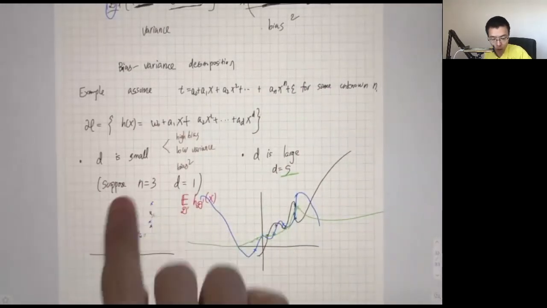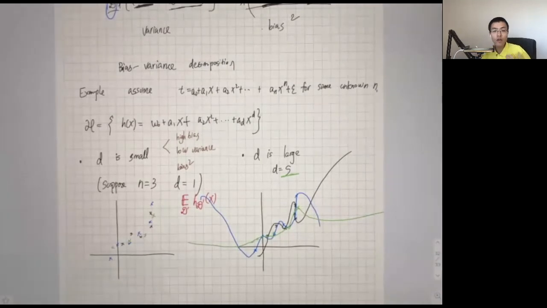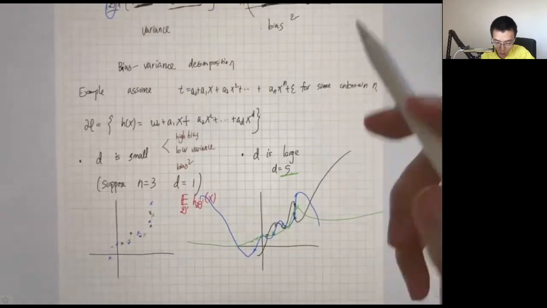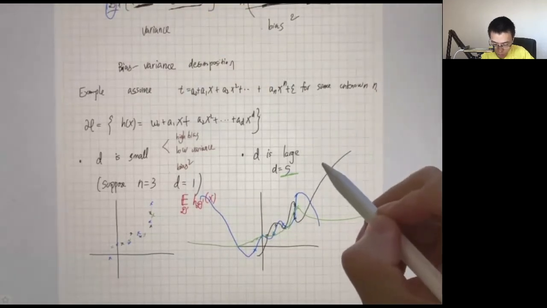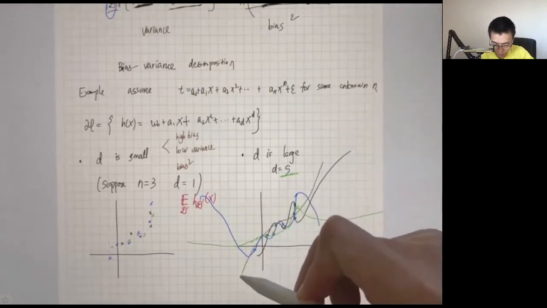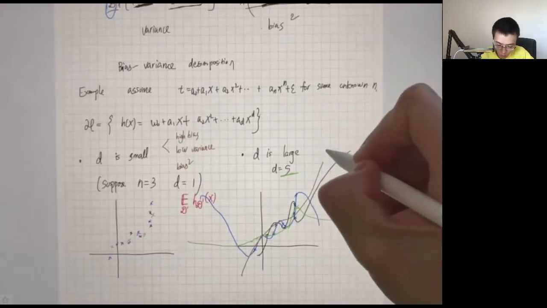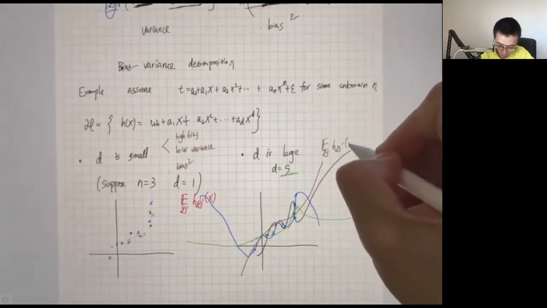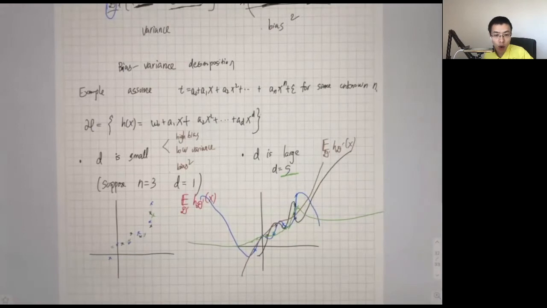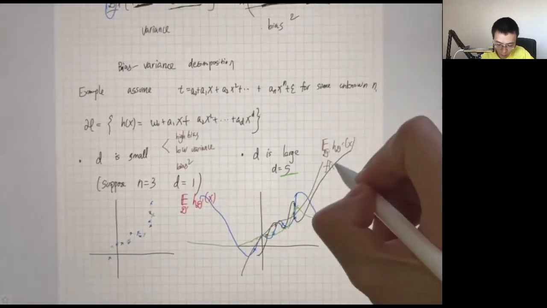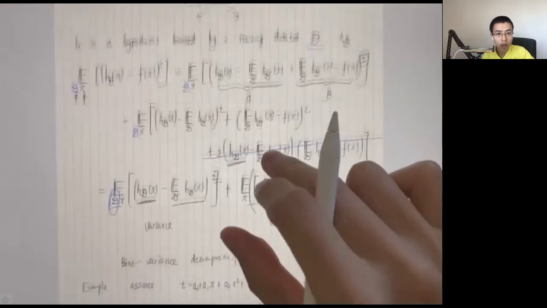So suppose it's true. Then on average, if you generate the data samples many times, you can repeatedly generate your data sample. Then on average, what you learn will be the true function. Okay, will be this function. So this function is the expectation of my data set. Okay, and what you have as f of x is also this function, because I know the linear model is